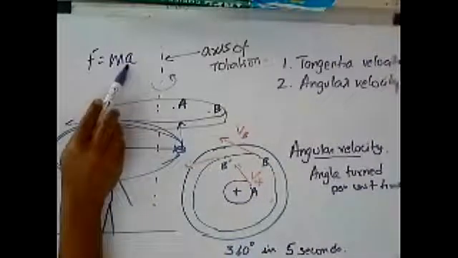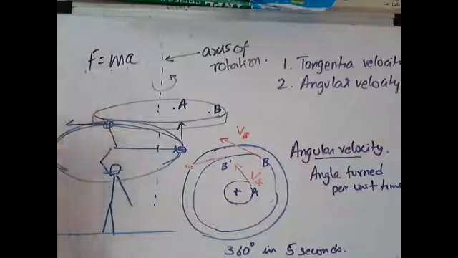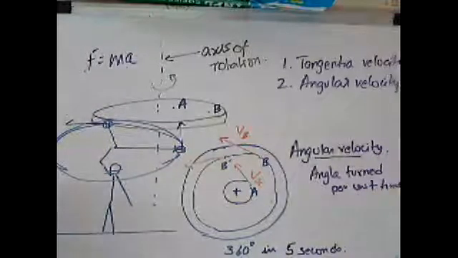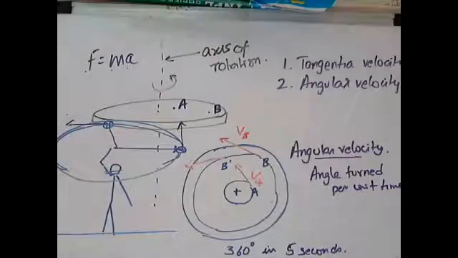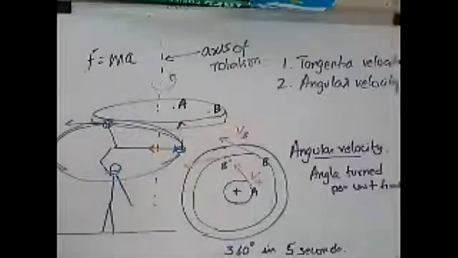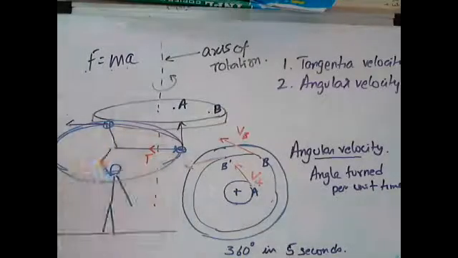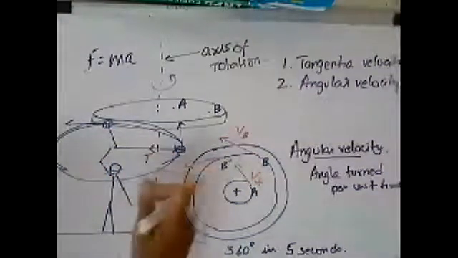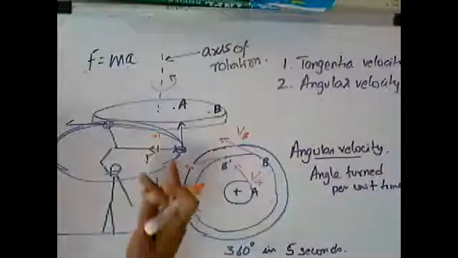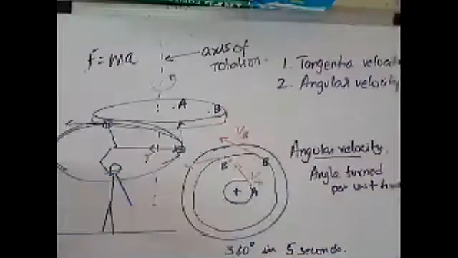If acceleration is there on an object of mass m, then there has to be a force that causes that acceleration. So we also recognize now that that force must be coming from the string, the tension in the string. There is a tension in the string because of the person holding on to the string and pulling it inwards. And that tension is what causes the direction of the object's motion to change, obviously.